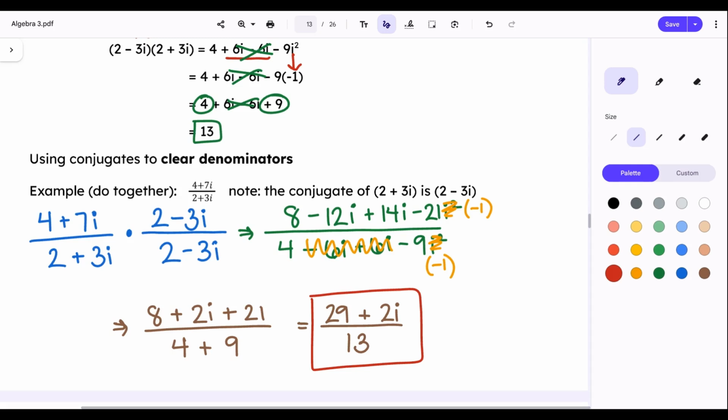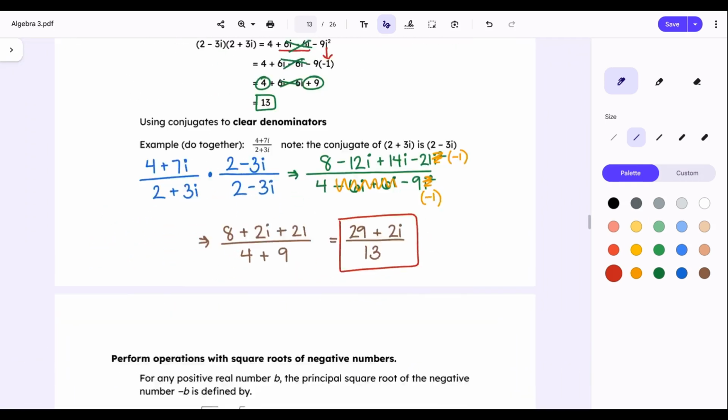I would just keep in mind that anytime you see those kinds of problems, the I should go away in the denominator. You're still probably going to have an I in the numerator, and that's okay. But it should be completely gone from the bottom. All right, if you go to the next page,